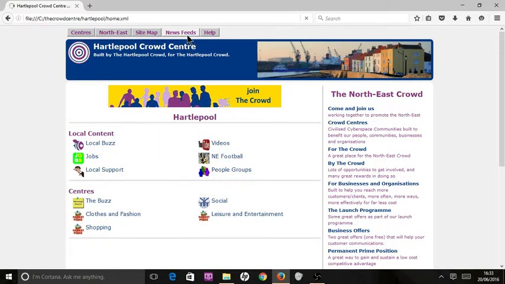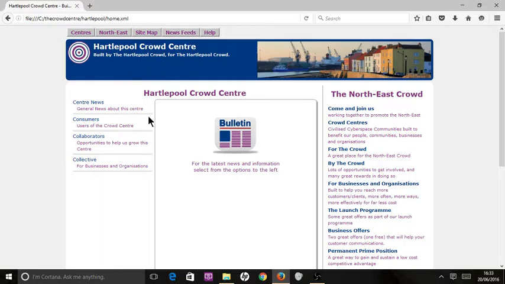The news feeds gives you all the latest news for this crowd centre. There's generally 4 types of news feed available. One which is looking at the general centre itself, so what's happening to the Hartlepool crowd centre. The second, for consumers, are the people who use the news and information. So that will tell you information about any new pages or any new content that we have. Collaborators are all of those who want to get involved in helping to build this particular crowd centre. There's lots of opportunities and lots of advantages and benefits in doing so, and you'll find out all the latest